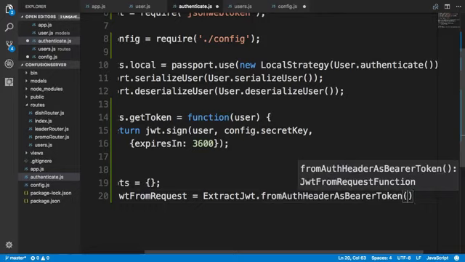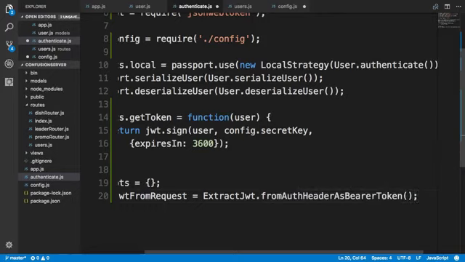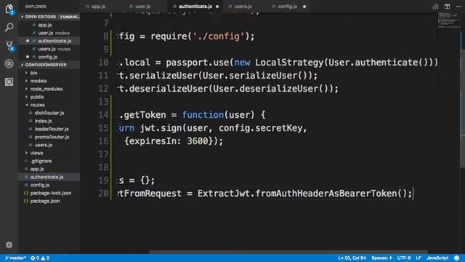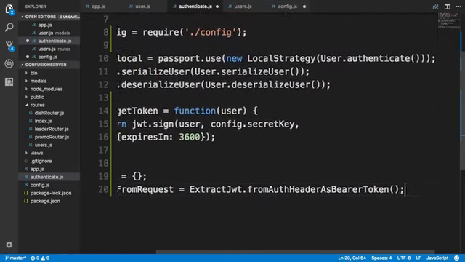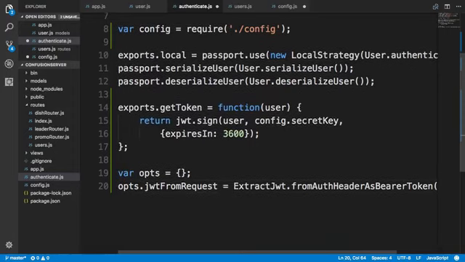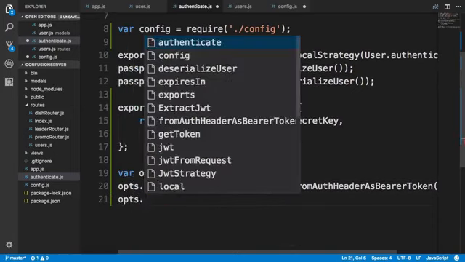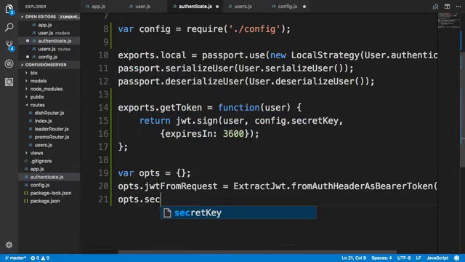We are already familiar with the authentication header because we have been using that with the basic authentication and the cookie-based authentication earlier. So I'm just going to use that same header field in the request message to carry the JSON Web Token. So I'll say opts as bearer token JSON Web Token. The next one is, we'll say opts secret